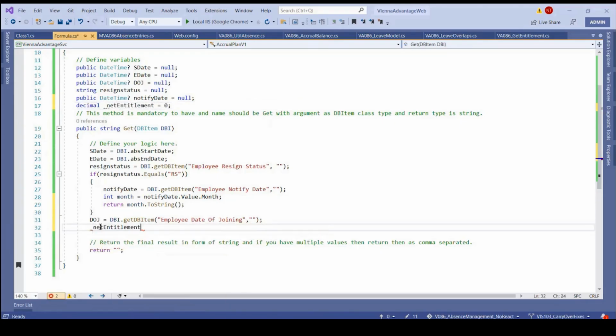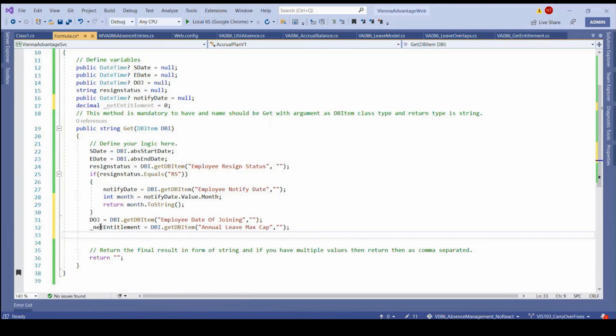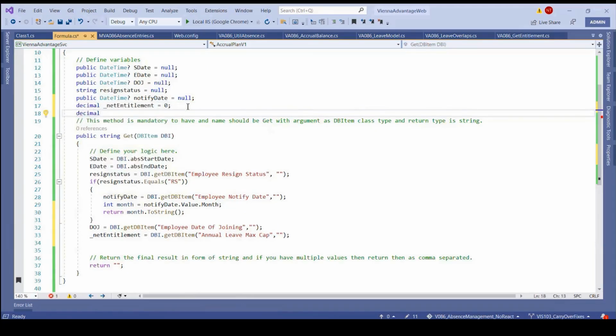So, we will get it from the global value dbi.getDbItem. We already recorded how to get global values, so you can consider that video on how to get the values from the global values screen. We have defined a global value on the global value screen with the name of annual leave max cap. After that, we will check the leave taken by the employee. We will consider one more variable, decimal leave taken. We will have one more function,